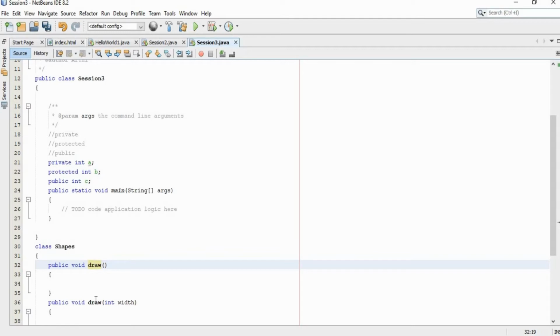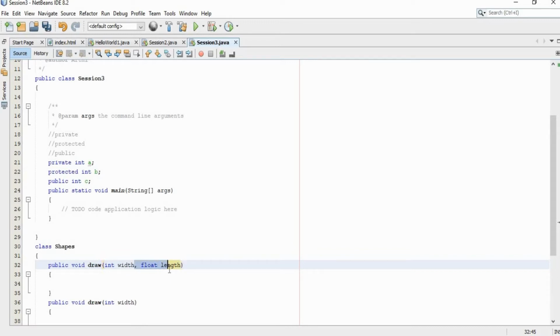We can say the function is overloaded when they have the same name and different type or number of parameters. So if I have int width as well as float length, right? Now I can say these two functions are overloaded.